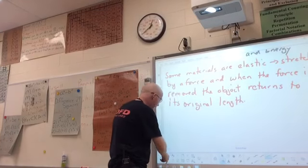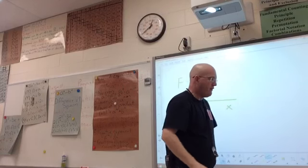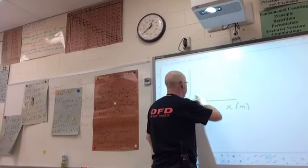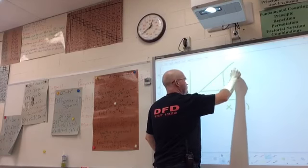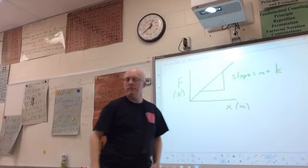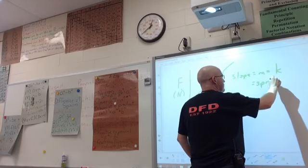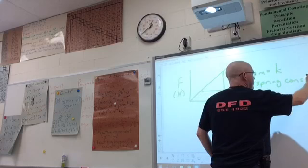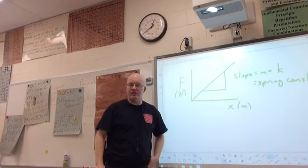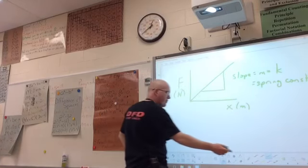Anyway, what's important to note here, I applied a force over a distance. Force in newtons, distance in meters. Notice the slope, m, which is rise over run, which is k, the spring constant. So you can measure the spring constant for anything if you know the force and the distance it stretches. Now, fairly straightforward. Oh, and this is summarized in Hooke's law